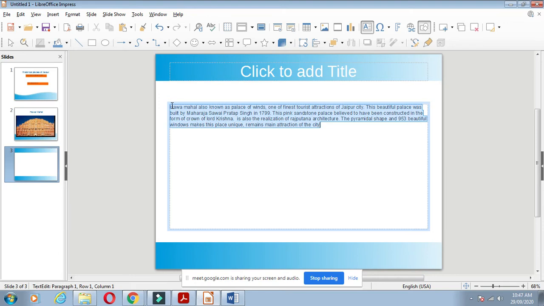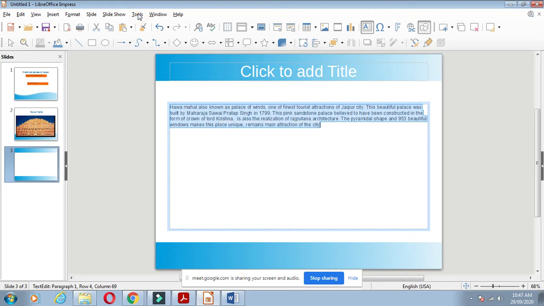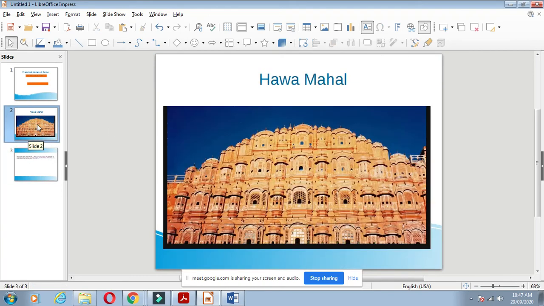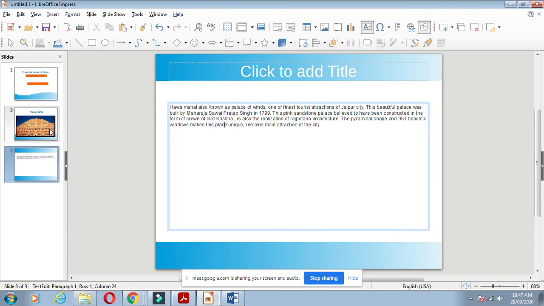You just insert the information. What information you had, that information you can place, and after placing the information about that slide, you can apply the transition also.